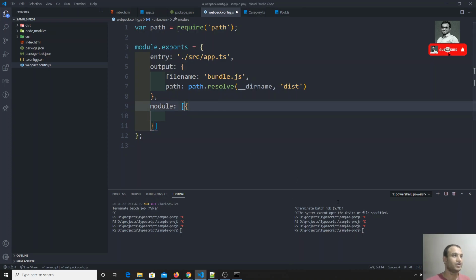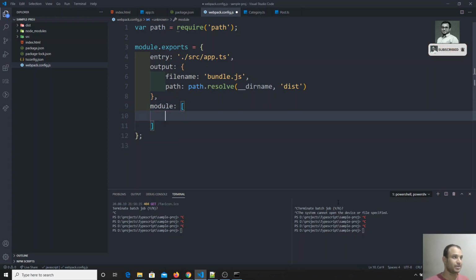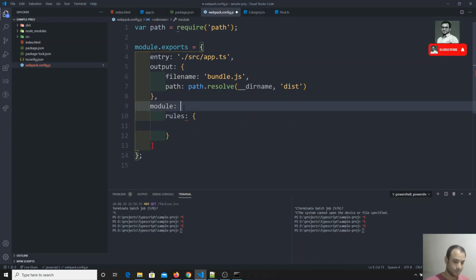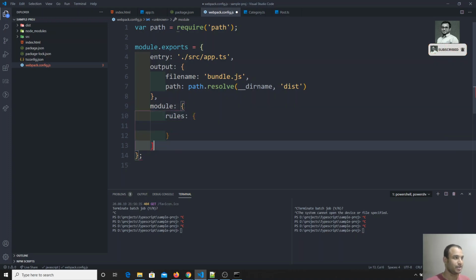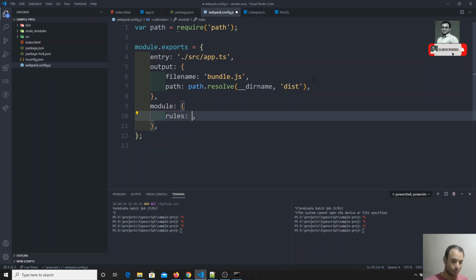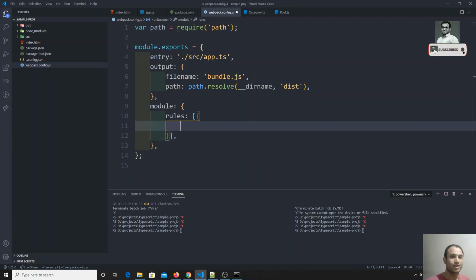It will take module, and it will take rules. We need to mention the set of rules. It is not an array, it is an object only. So module will have a set of rules, and the rules will be an array of objects.